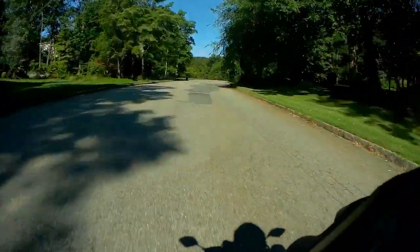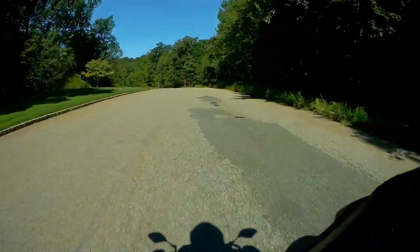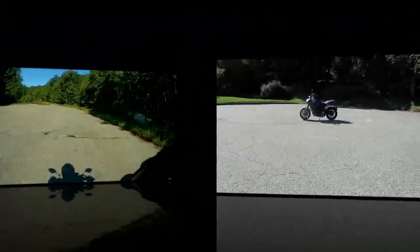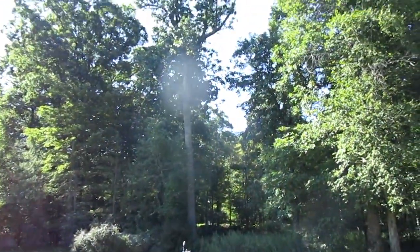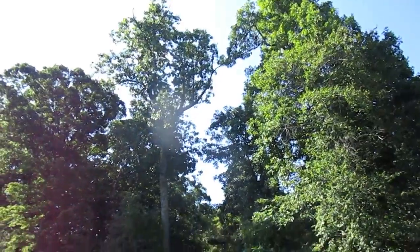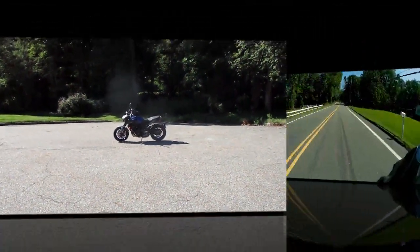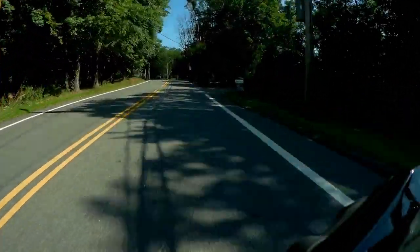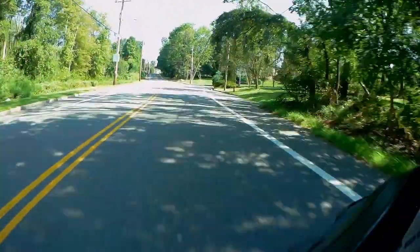I always look at the video and see the patches, and I think, well, man, yeah, you could go around them. But luckily, this bike's very nimble. Well, I think today we got a good sample of all the different road conditions that we normally ride under. And we have learned a lot about the suspension on the bike. And if we were doing track days, we'd stiffen everything all up, but for riding on these bumpy roads, soft